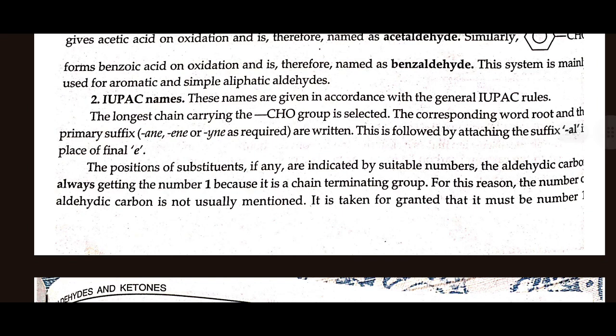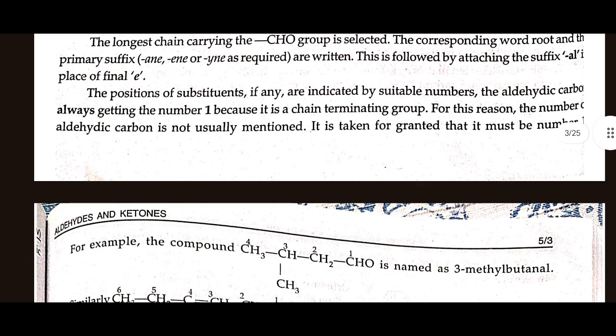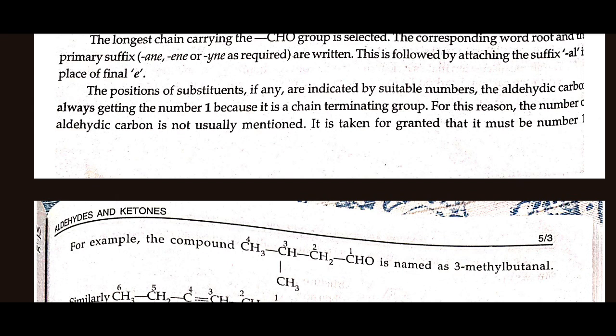Second, IUPAC names. These names are given in accordance with the general IUPAC rules. The longest chain carrying the CHO group is selected. The corresponding word root and the primary suffix are written. This is followed by attaching the suffix -al in place of the final e. The positions of substituents, if any, are indicated by suitable names, numbers, and